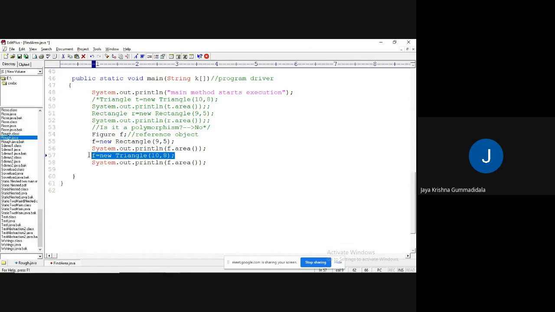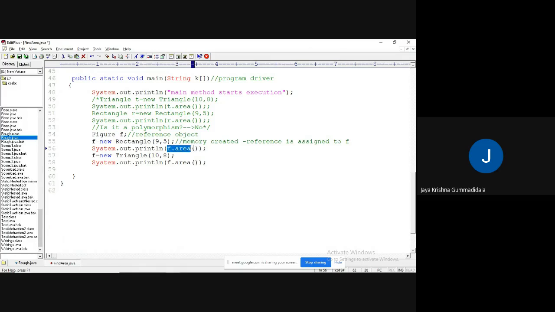Whenever you refer, this contains some address. Memory is created and the reference is assigned to f.